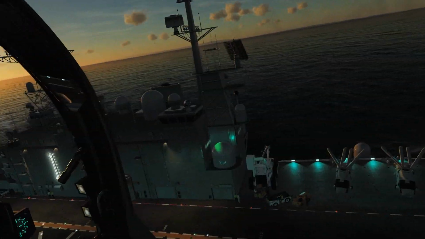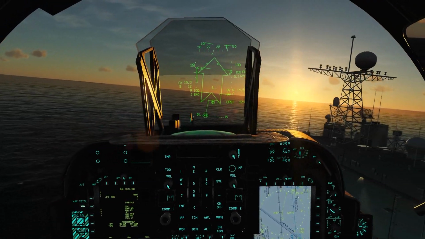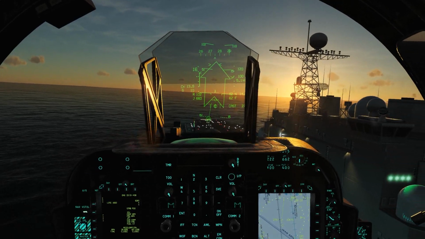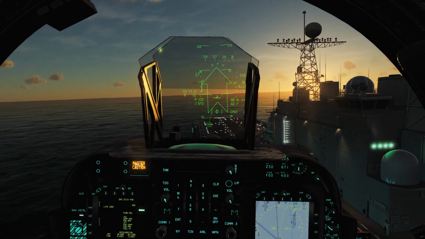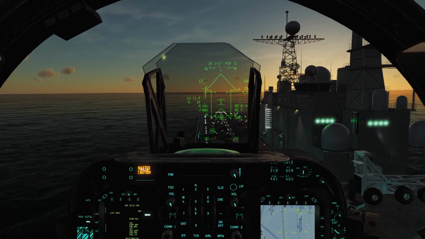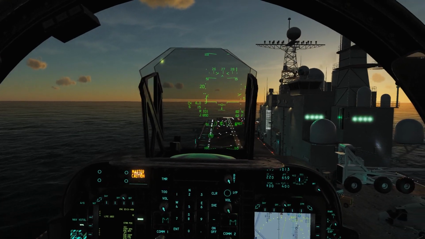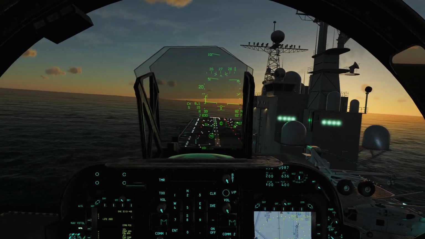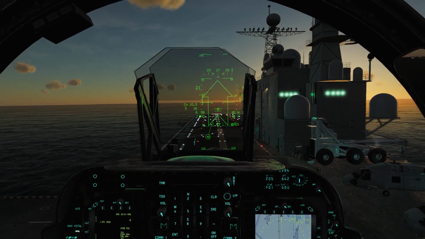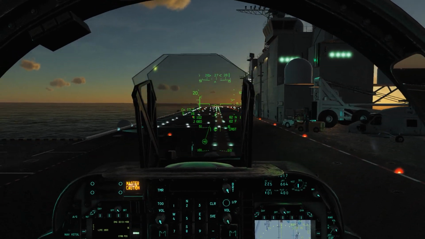So at this point, we're clear, so we're going to slide to the right. This requires a little bit of left rudder pedal as you aileron roll over to keep the nose pointed where it needs to. Okay, and we're going to try and land on the orange line if I can. Perfect, we're there. Okay, now we just gently let the throttle down just ever so slightly, coming down, and perfect,